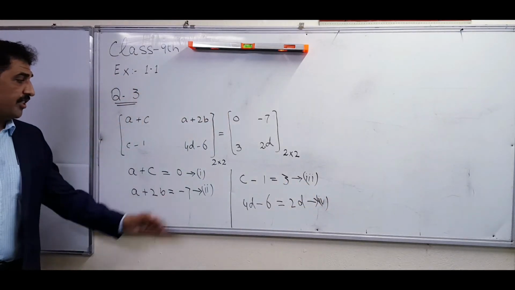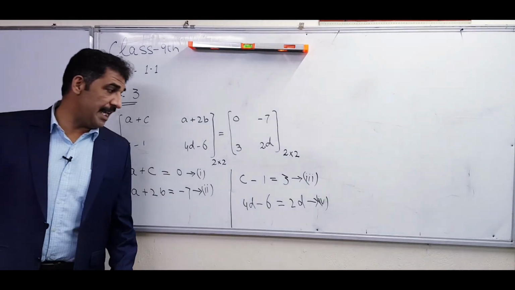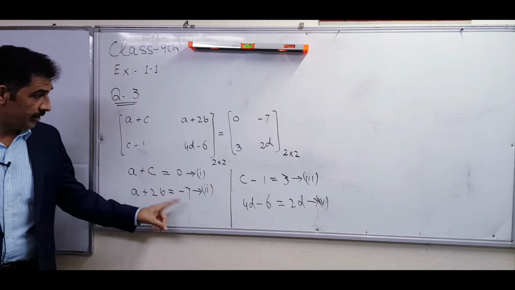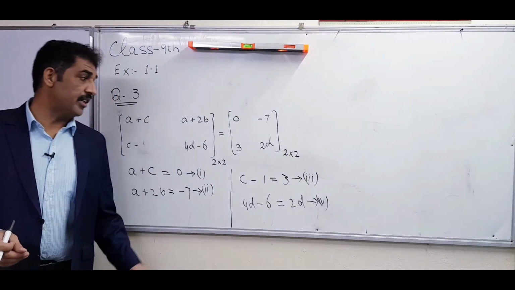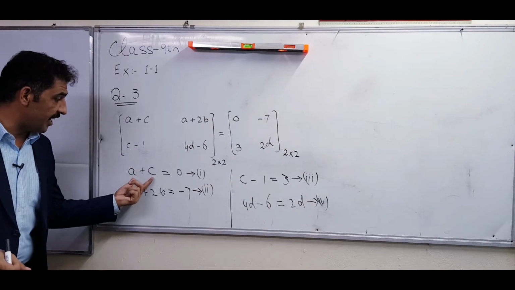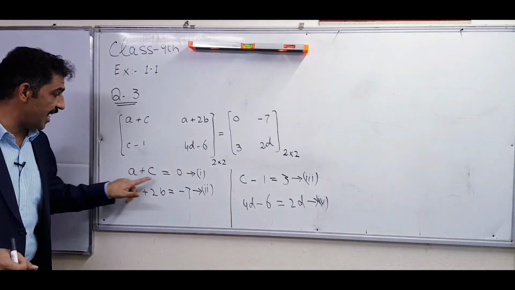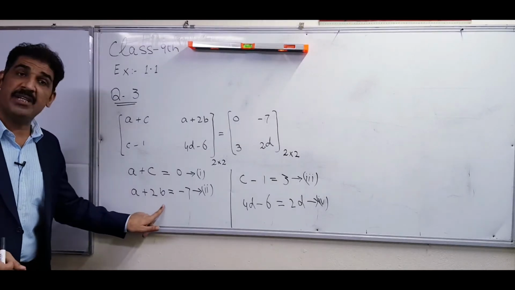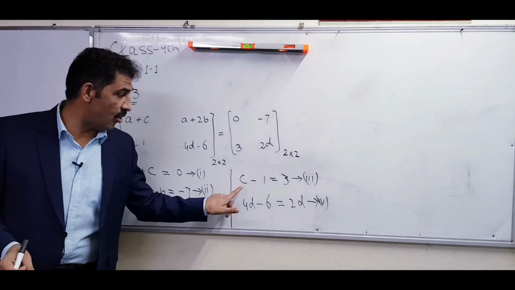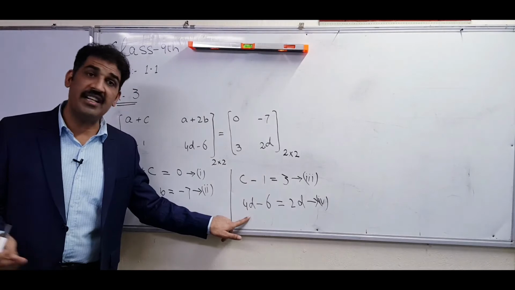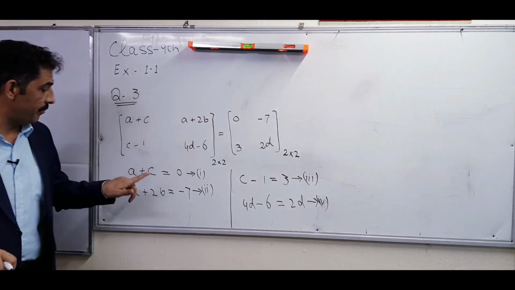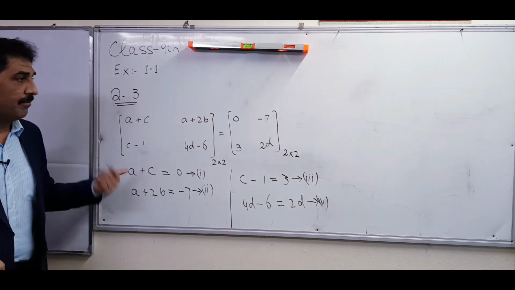Now we have to solve these 4 equations and find the values of A, B, C, D. Which value is easiest to find first, equation 1, 2, 3 or 4? Good, 3 and 4 are easy to find first, then we will be able to find 1 and 2. Why? Because in equation 1 there are 2 unknown variables, A and C both unknown. In equation 2, A and B both are unknown, so it is difficult to find A and B before this. Here in equation 3 there is only one unknown variable, C, and here only D. So we can easily find the values of C and D. Then by putting the value of C here, find A, then B, right?